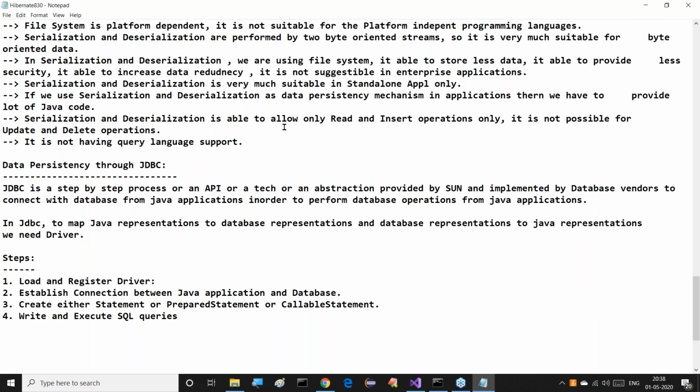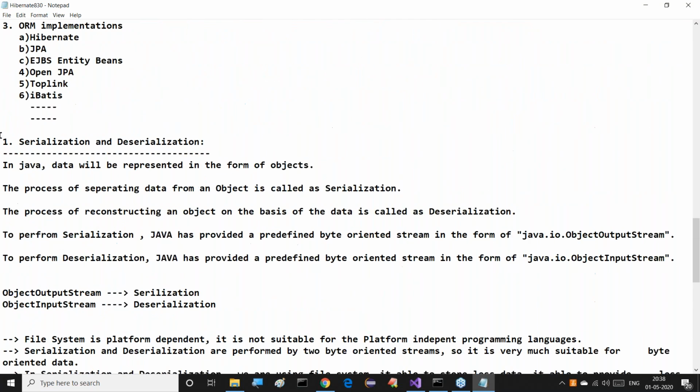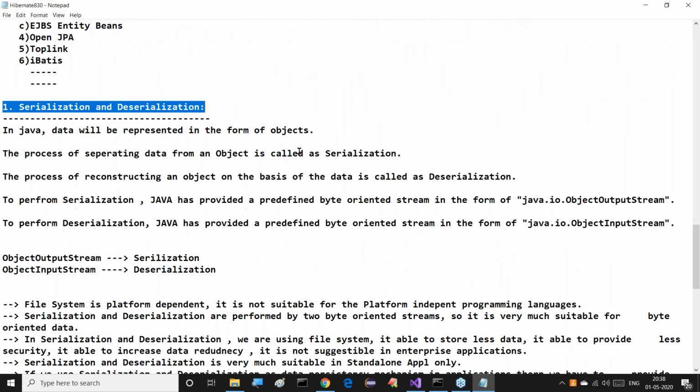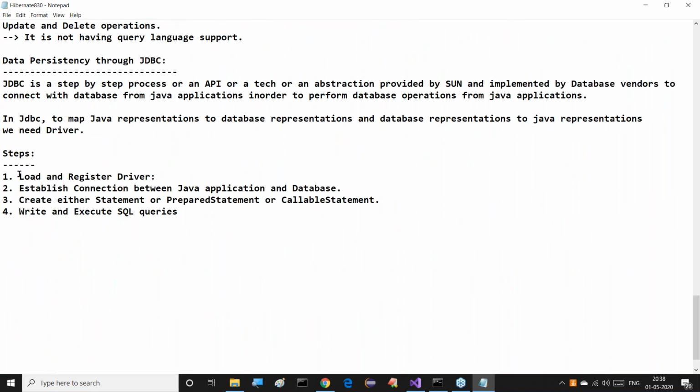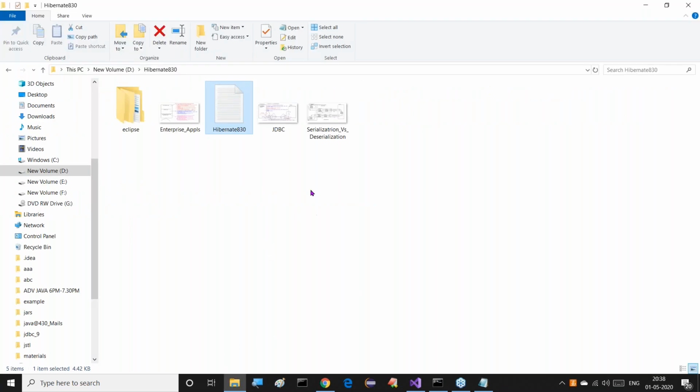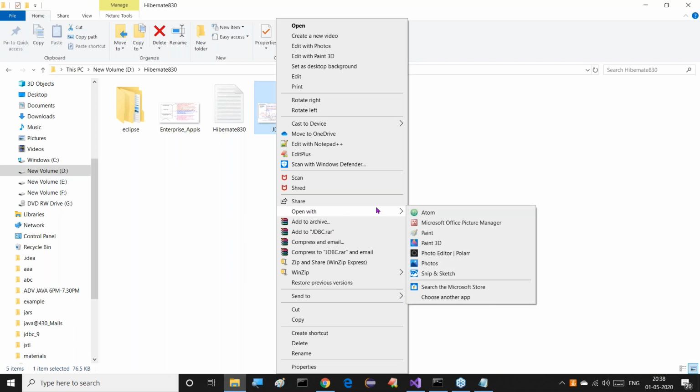We have already seen data persistency through serialization and deserialization. Then after that, data persistency through JDBC, almost all of it we are completing. Last, the conclusion related points I need to discuss.